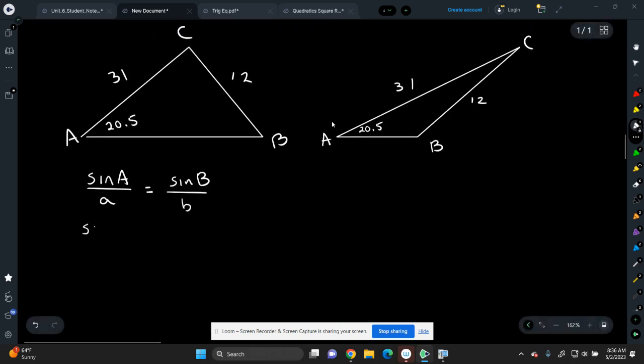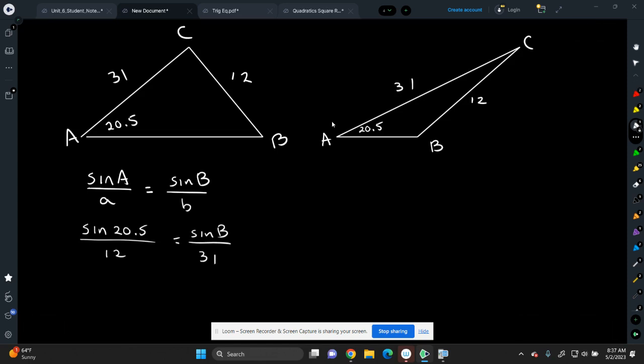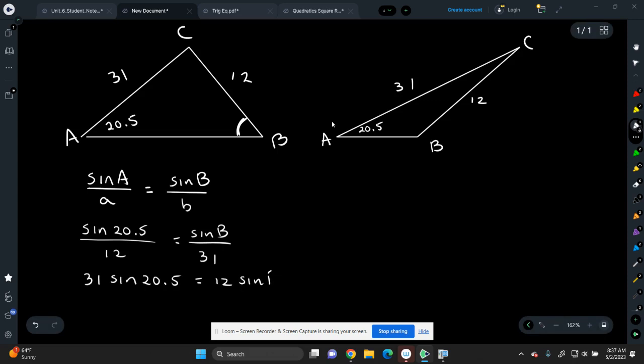So we have sine of 20.5 over 12 equals sine of B over 31. We're looking for this angle right here. It gives me 31 sine of 20.5 equals 12 sine of B